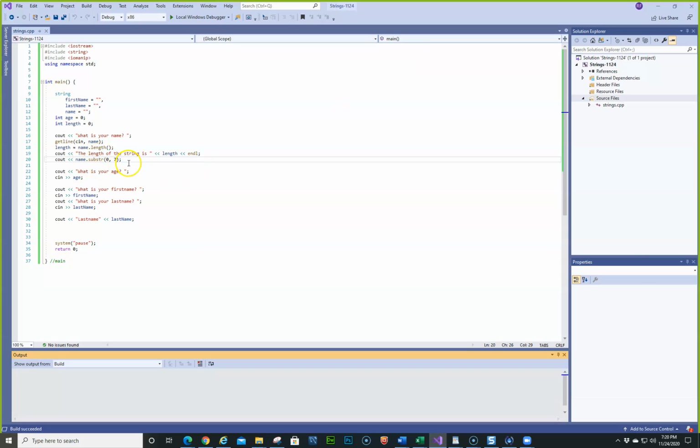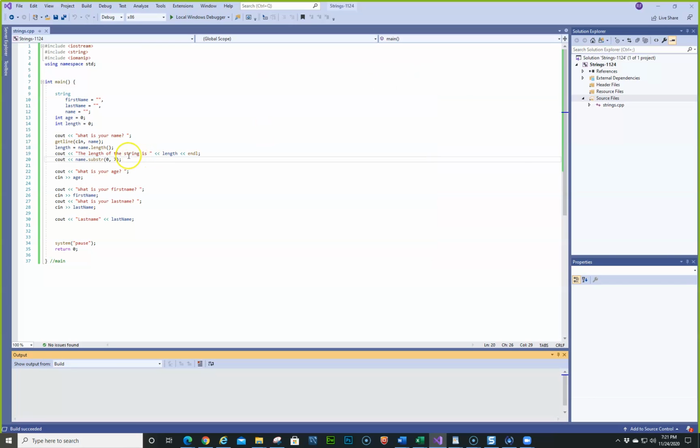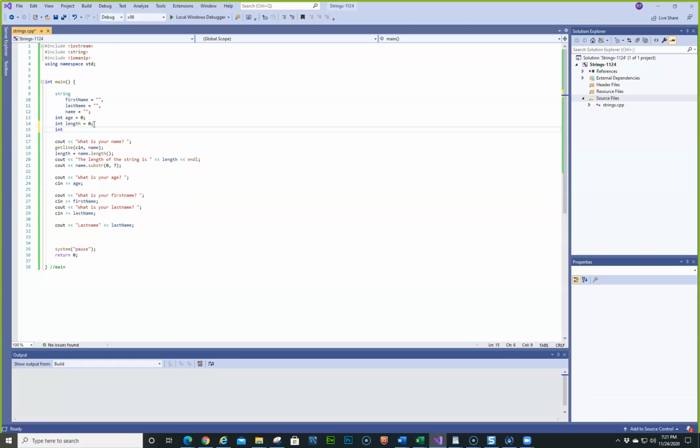So now what we want to do is, what happens if somebody's name is longer than 7 characters? So let's just go, that's my first name, which you know it's not. It's still going to print out that. So we need a way to find out where there is a space in here. So there's a thing called find. So we're going to need to create another integer, and we can just call it position. So now we're going to do the find for the position in here. We can leave this blank for right now. So the length of the string is in here. So we want position